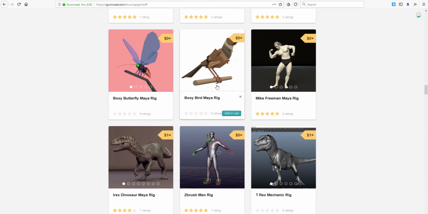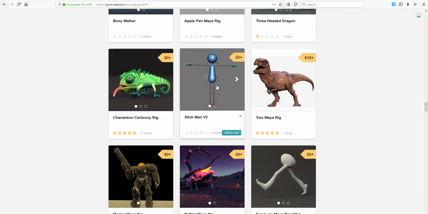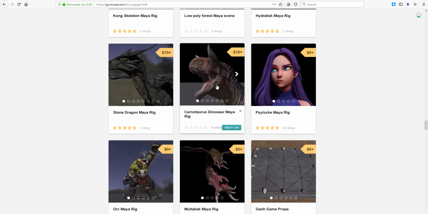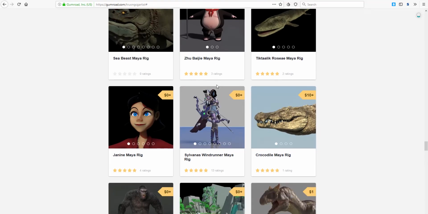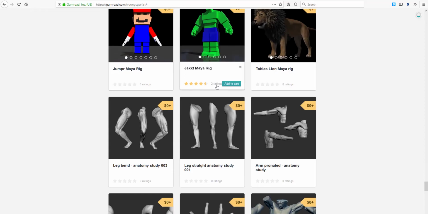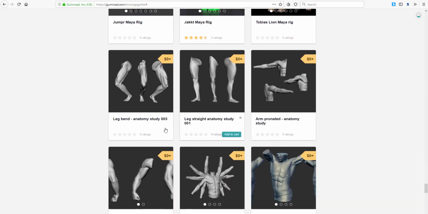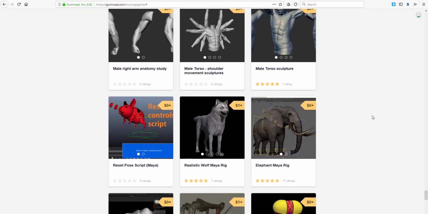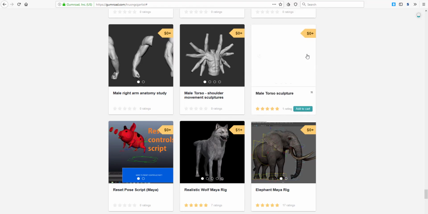One cool thing that you can also find here, which I've noticed that he has done for a while and actually stopped, is anatomy. So there are some models that you can find here and you can use them for anatomy study. Things like the legs, for example, things like the arms, or maybe things like the torso. These are very cool things that you can use and study, especially if you're going into things like sculpting, and you can use them for whatever you want. So you can study these things, get good with them, and learn from them.